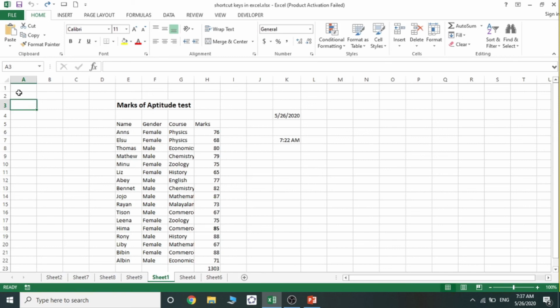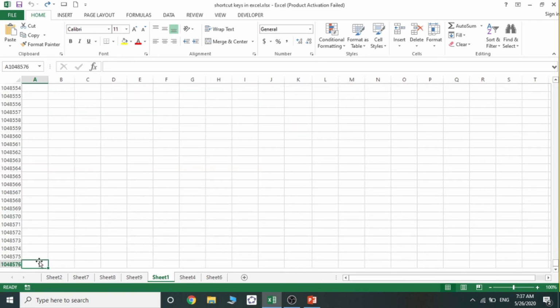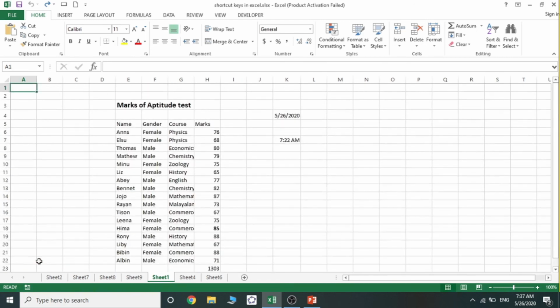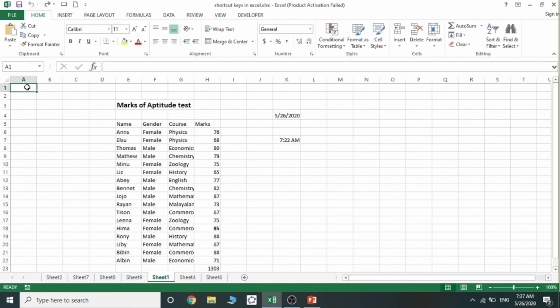If we click on any cell outside the data and press Control down, this is the last cell of this particular column. Control up arrow, this is the first cell. Then Control right arrow, this is the last cell in this particular row. Control left arrow, this is the first cell.